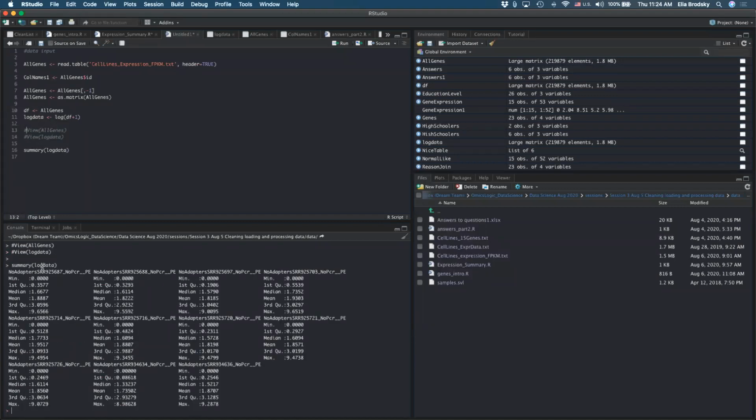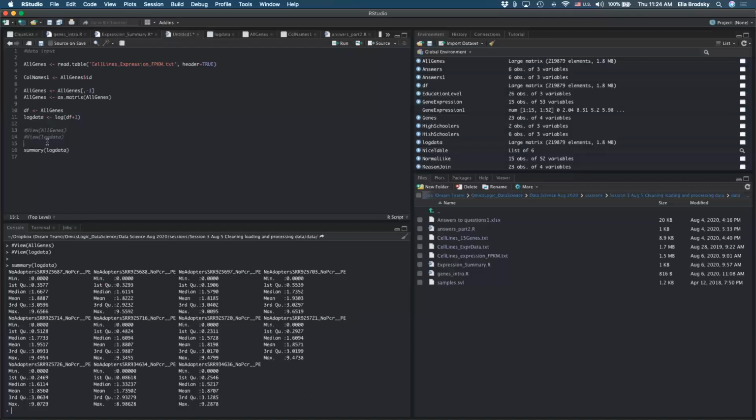Okay, so here we have a summary for each one of our samples, right? You have the minimum, first quartile, median, mean, third quartile, maximum, right? So all of this information, like for example, I can start seeing that all of my maximums are around 9, except for one of them.